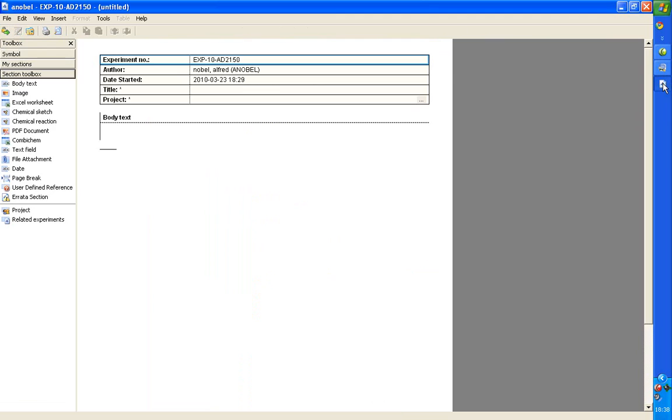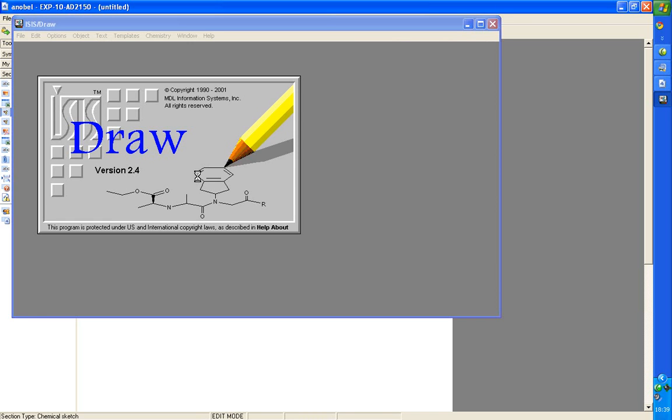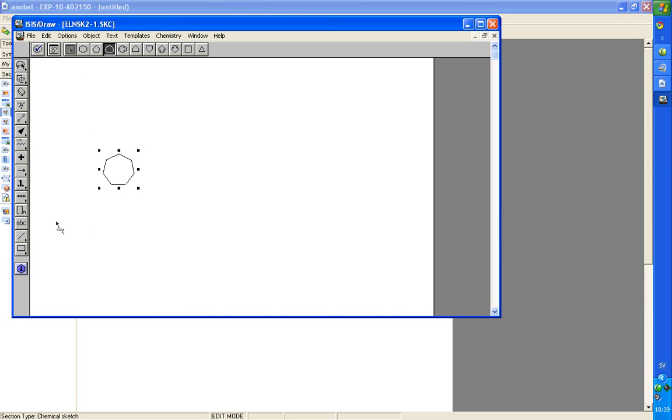So if we go to an experiment, there are 4 section types which are chemistry aware, as it were. The simplest of those is a chemical sketch section, so we can add a chemical sketch section, and then you can either click to draw a new chemical sketch, so it'll open the chemical editor which you've chosen, and then you can draw some chemistry, reactions, molecules, text,